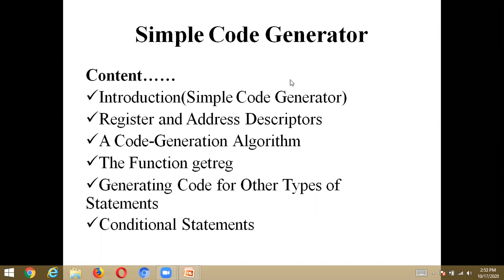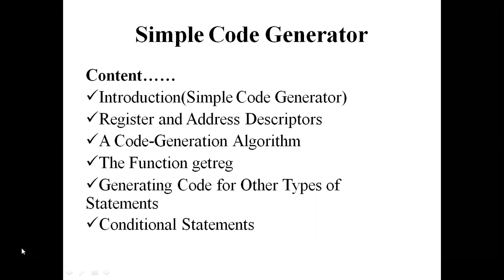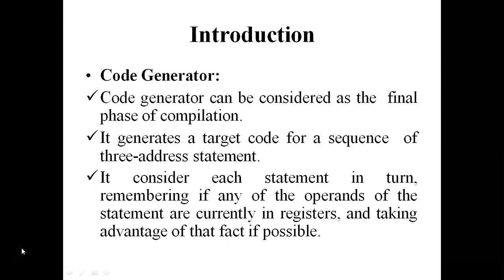And now the introduction of the simple code generator. We all know code generation is the final phase of compilation, right? And with the code generator, we are implementing this code generation, and we call it automatic code generation. It is a tool, where by implementing the automatic code generation, we implement a code generator, and finally we produce the output in the form of the target program, which is in the form of an object code, right?